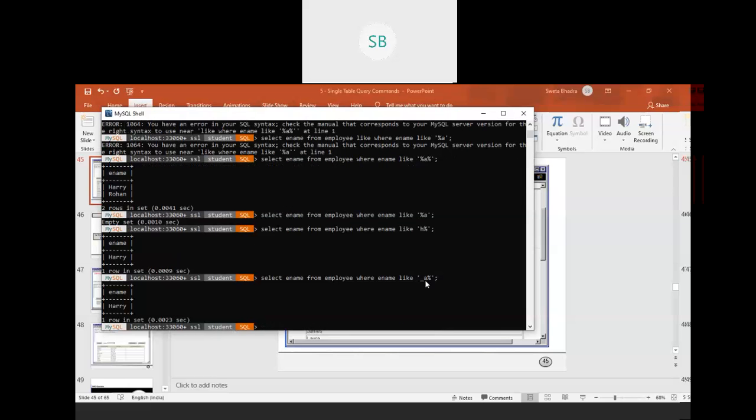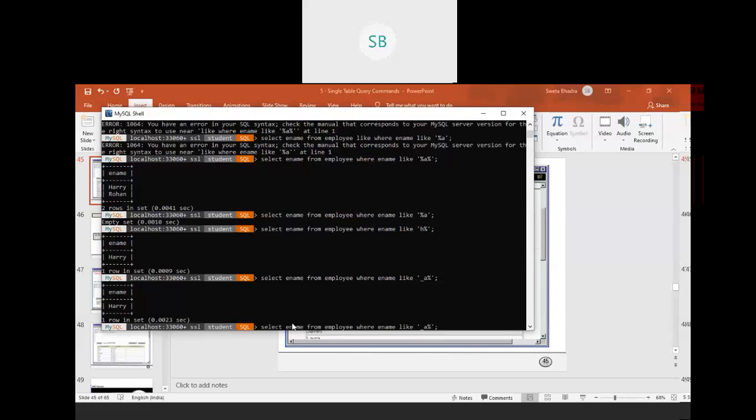What does this mean? The underscore means that there is exactly one character before A. Harry says after A anything can be there. This percentage means any number of characters, but this underscore means exactly one character. That is why A is in the middle, so it's printing Harry, but it's not printing Rohan.